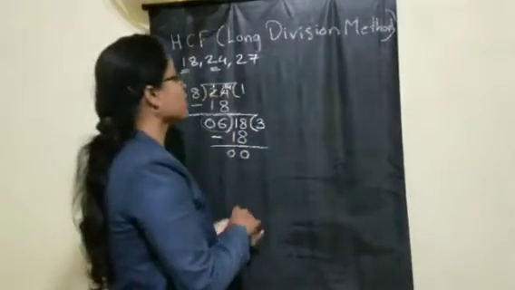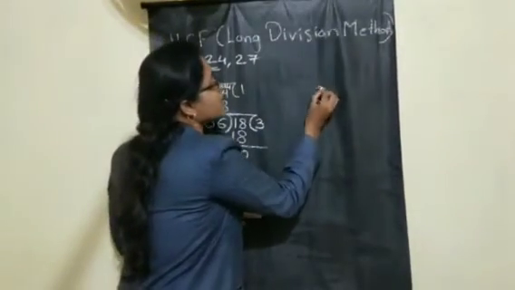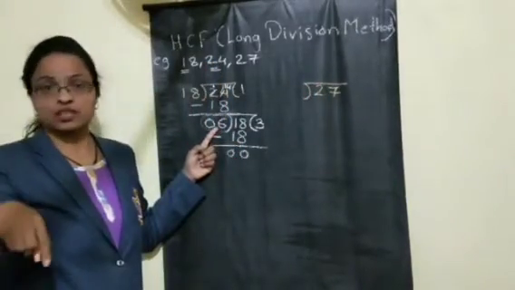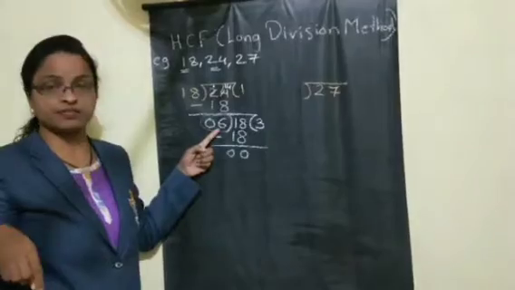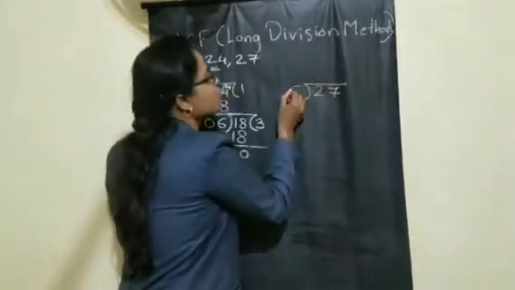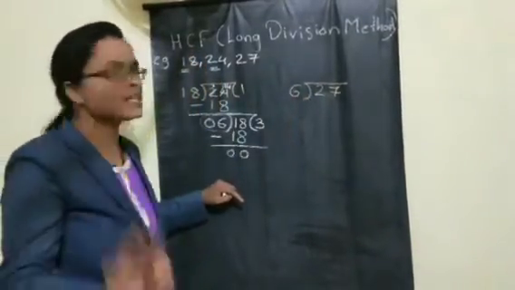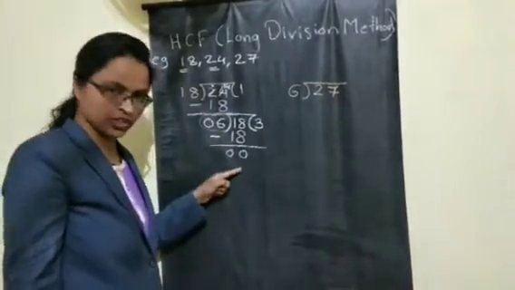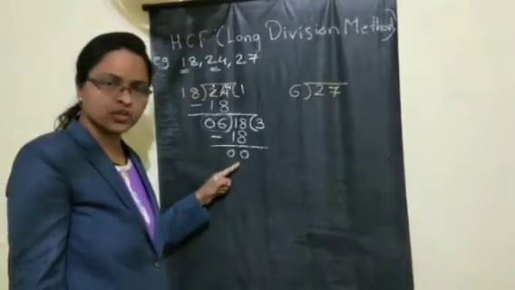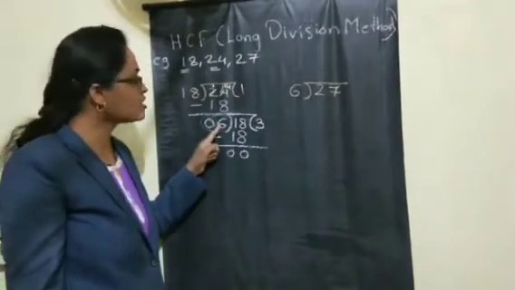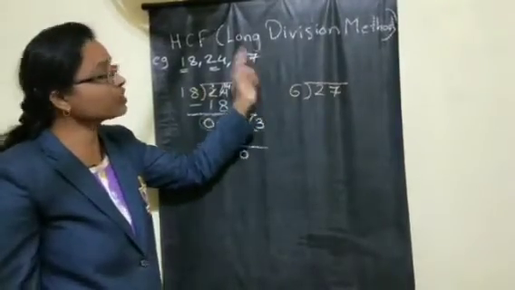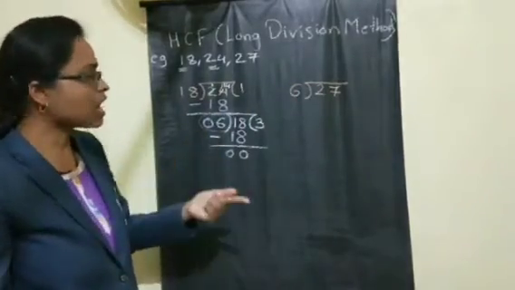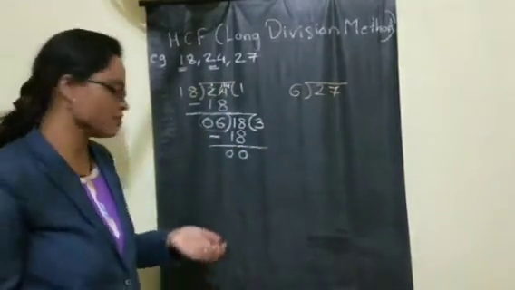Meaning, now what do we have to do? We have to take 27, which is the big number, and the last factor we got here, that is 6, as the new divisor. Understanding? After the calculation, by which number did we get 0? By 6. Now this 6 will be the new divisor for the third number, children, and the third number is the dividend now.